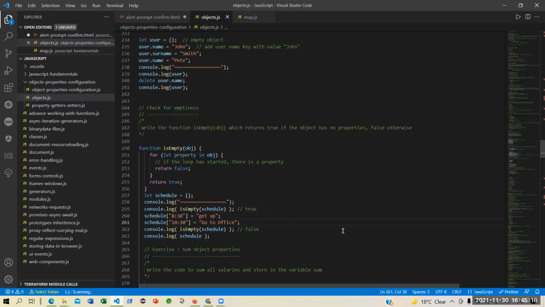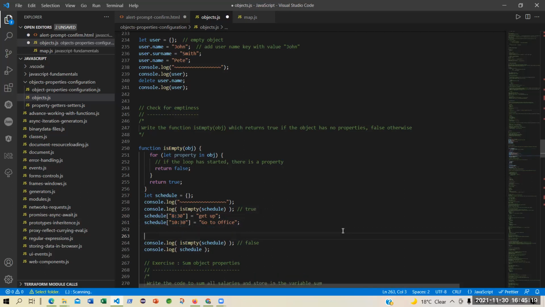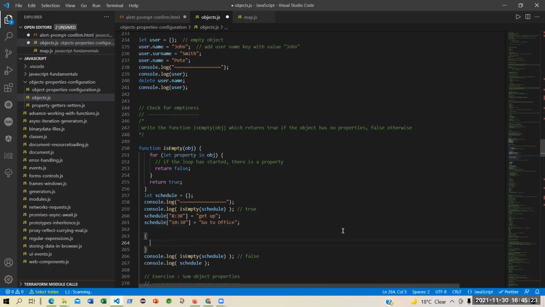How will you see that object? So schedule is nothing but like this. First of all, what is there? 8:30. Because this 8:30 can be confused with a colon, you put it within quotes.